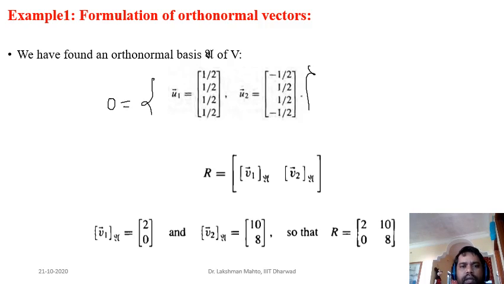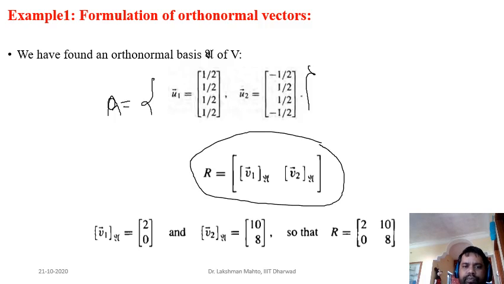I had already given the name A previously, so you can call that A, and the last basis you can call B. So what is happening now? Next we will find the change of basis matrix. This one is the job. We have already constructed the orthonormal basis. Now we are going further. We will represent all basis elements with respect to the new basis elements. So what was the old basis?